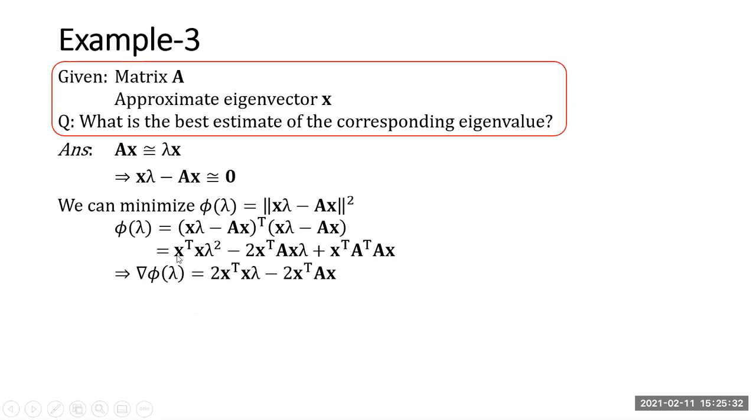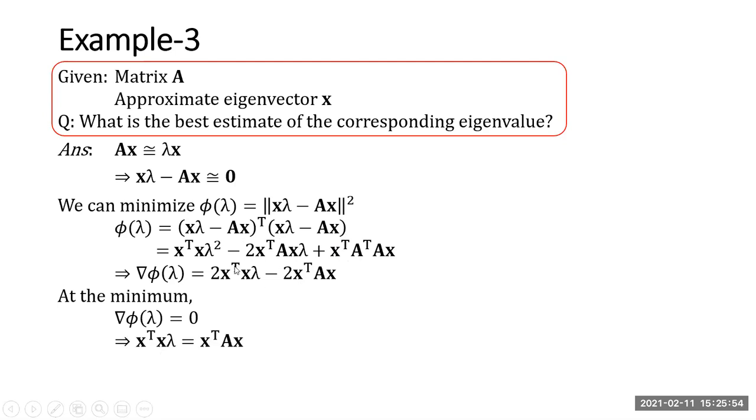What's the derivative of this? Twice X transpose X lambda. The derivative of this term is twice X transpose AX, and this doesn't involve lambda, so the derivative of this is 0. So this is what we have, and at the minimum, this del phi of lambda must be equal to 0,